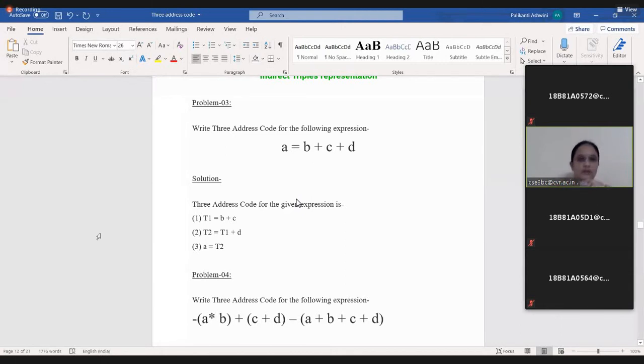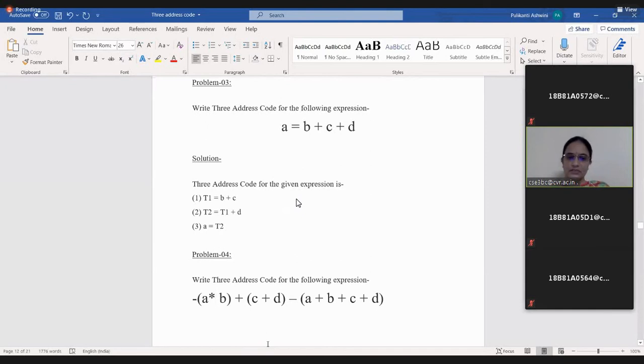Even if you cannot do it now, even after completion of the class, you can write the 3 address code and those 3 implementations: quadruple, triple and indirect triple. Why? Because in the exam you definitely have to write all the things. First write the 3 address code and afterwards all the 3 implementations. First of all, you have to write it perfectly, then only you can easily write those 3 implementations. Take down this expression and start solving it.